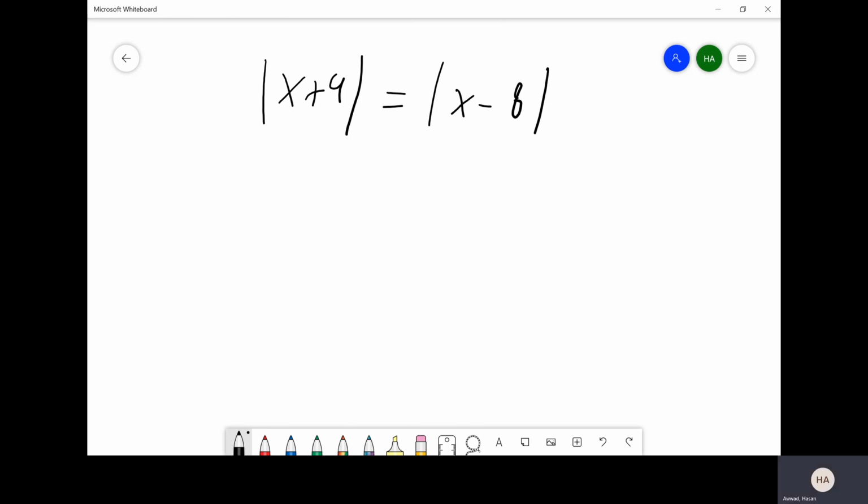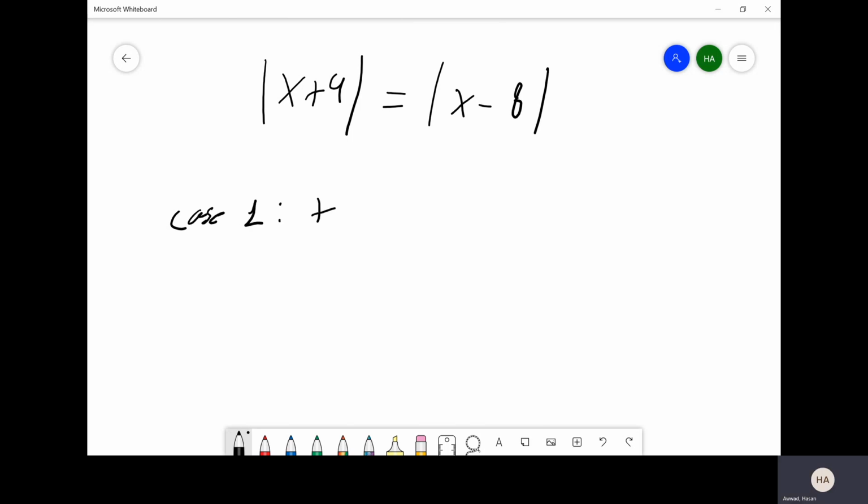Okay, so the side that I'm going to attack here, I'm going to keep x plus 4 the same for no other reason other than it's the side on the left and I'm just reading left to right. So I'm going to be keeping this piece the same, and the piece over here, I'm going to make positive and then negative for my two cases. Okay, so with all that being said, we know that case 1